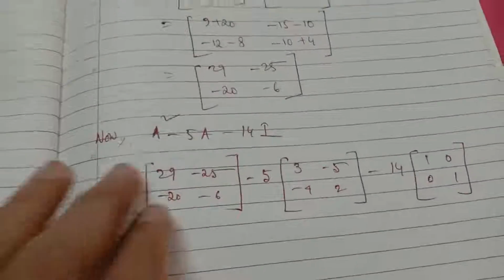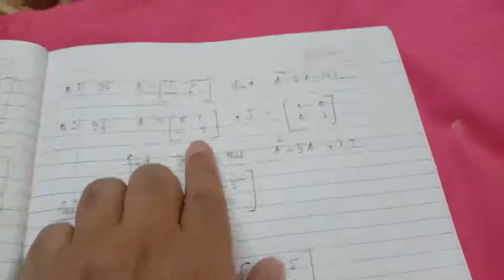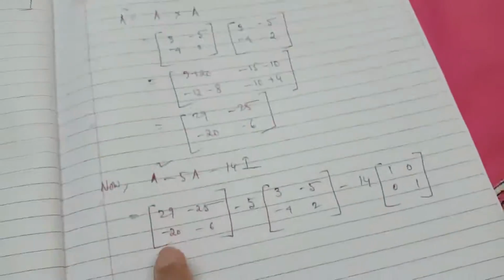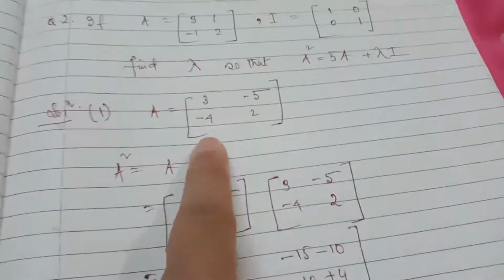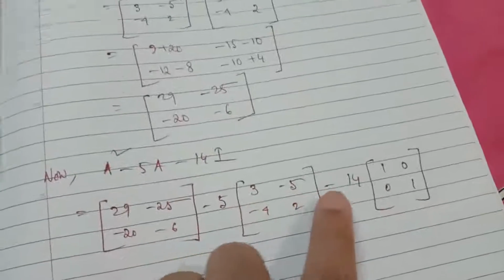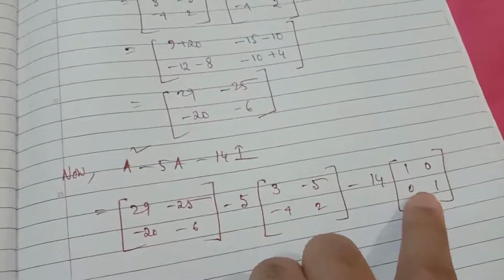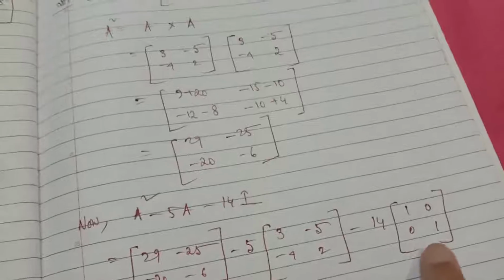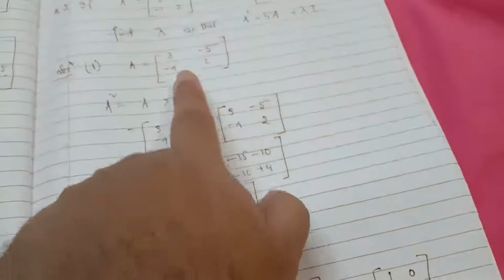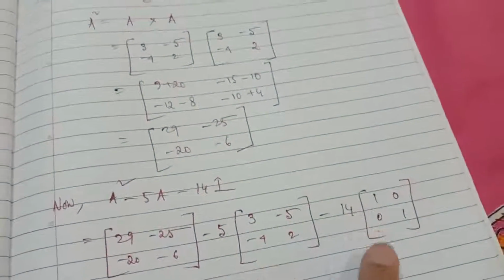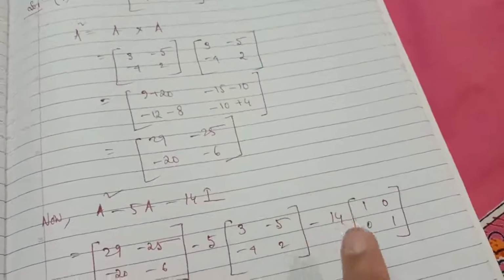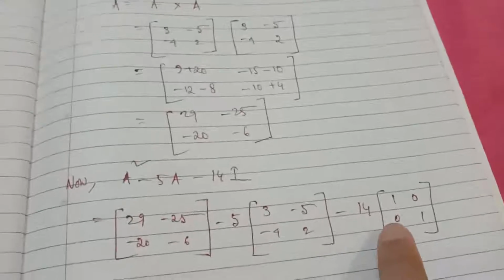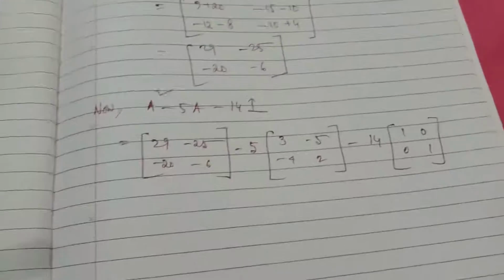Now we have to find the value of A square minus 5A minus 49. So this is A square minus 5 into A, where A is the given matrix. This is the matrix A. 5A minus 49 I, where I means identity matrix. Now I depends on A. As A is a square matrix of order 2, we have to write I equal to the square matrix of order 2. That means the identity matrix of order 2, I2. Okay.